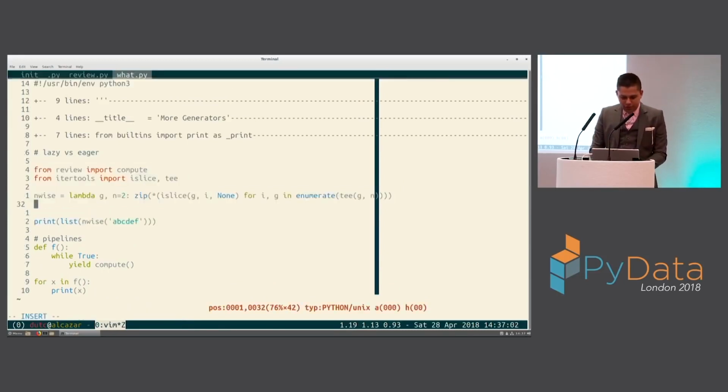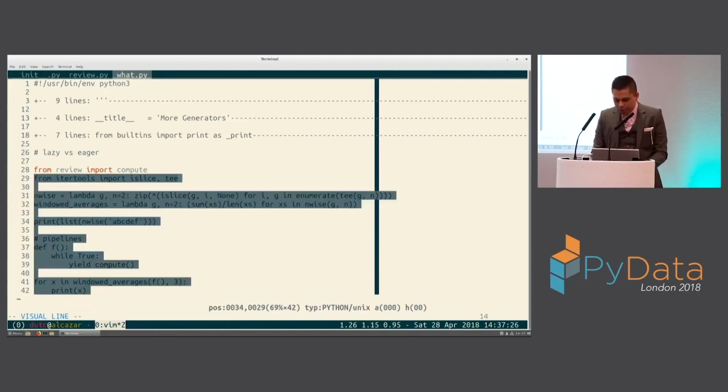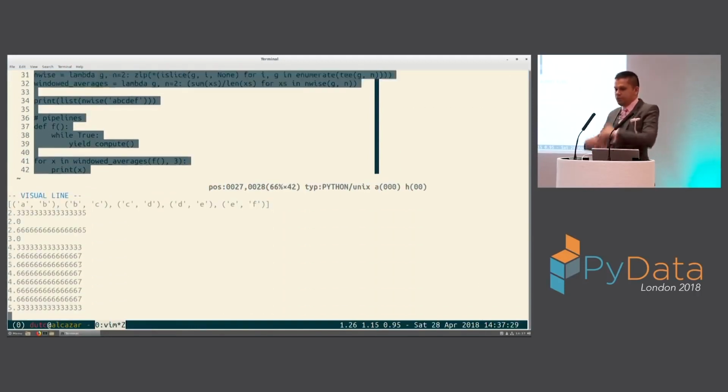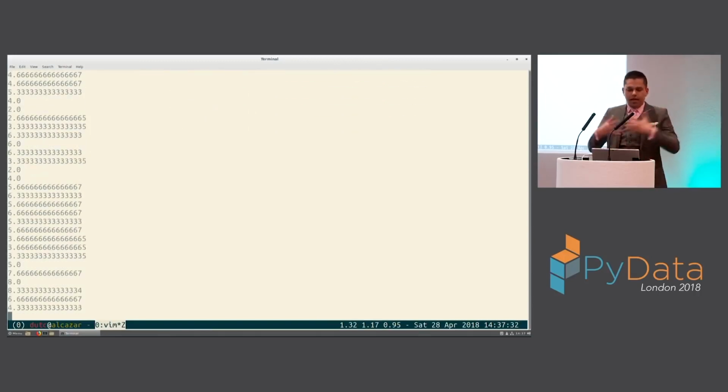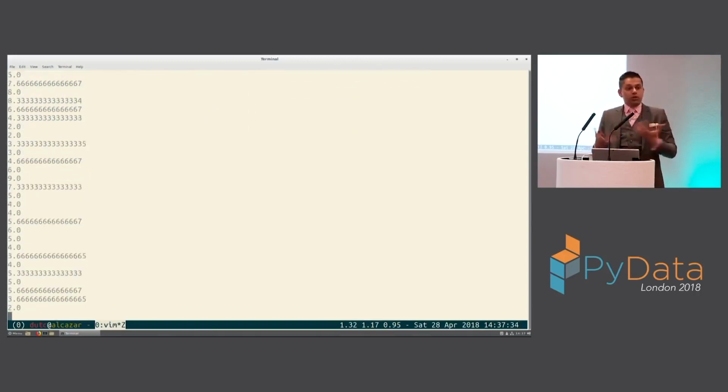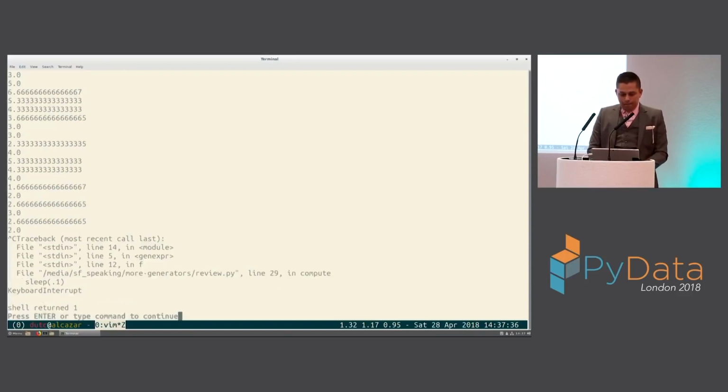And we can even take this further, and we can do fun stuff like getting windowed averages, which is just the sum of these values divided by the length of these values for some values in a windowed size of whatever we want. And so now we can take all of this fanciness, and we can do windowed averages of some size. Let's do windowed averages of size 3. And now we have a lot of little helpers in a very terse, almost functional form. You can see it's processing an infinite sequence of numbers and getting the 3 windowed averages, right? We can do moving averages. And that's really cool.